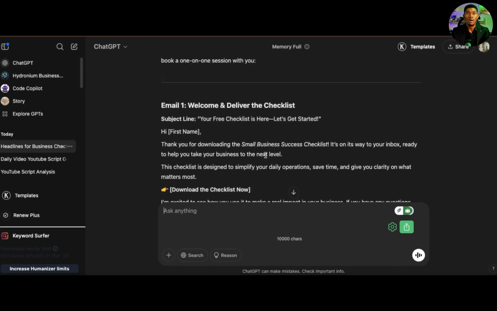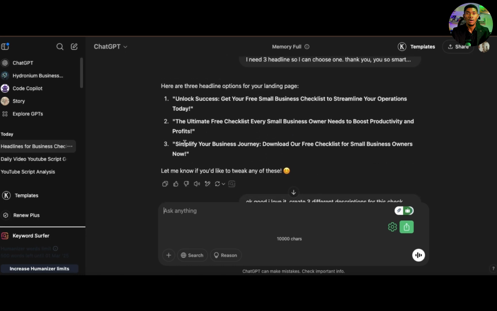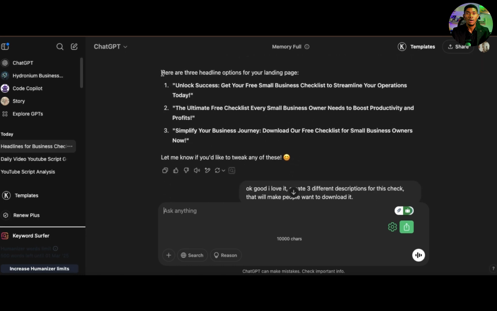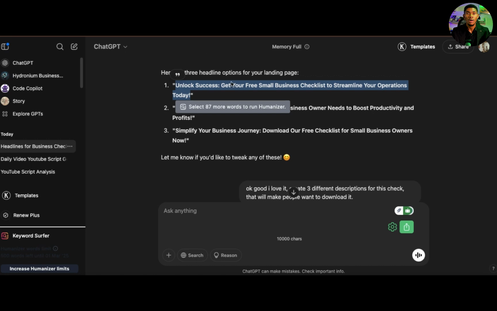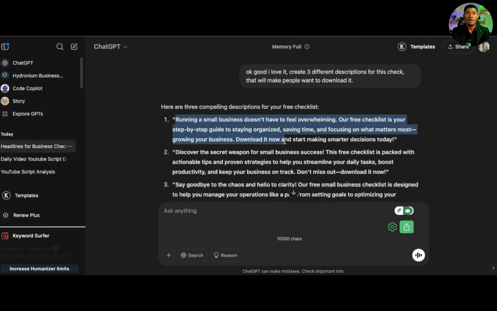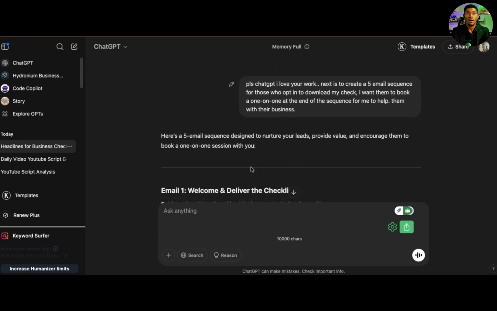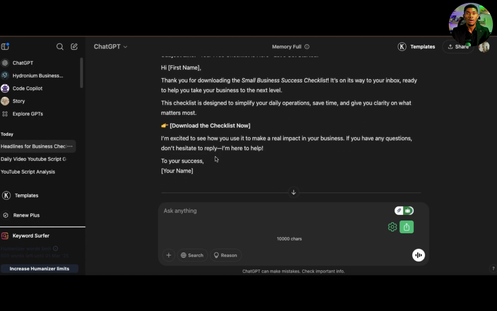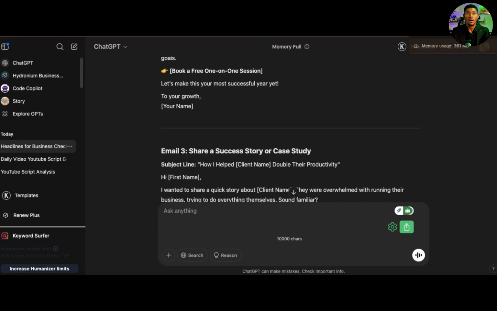What we need to do is copy all this information and take it to a Google Doc, right? The first thing is the headline. Choose your headline like this. Just go copy, Control C, or you can do it this way, copy like this. Just take it to a Google Doc and paste everything you have here, one after the other. Copy your best description and also paste it. Copy the features you have here. Then copy all this email sequence and keep them somewhere,